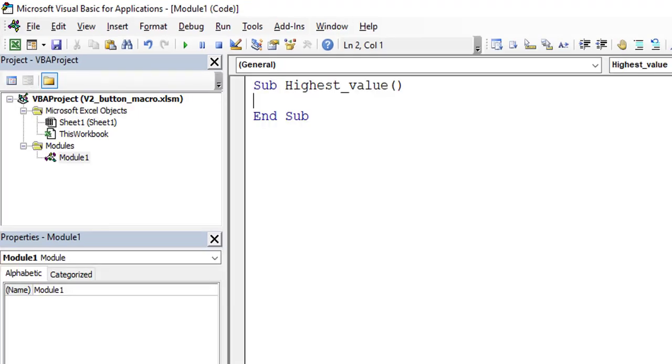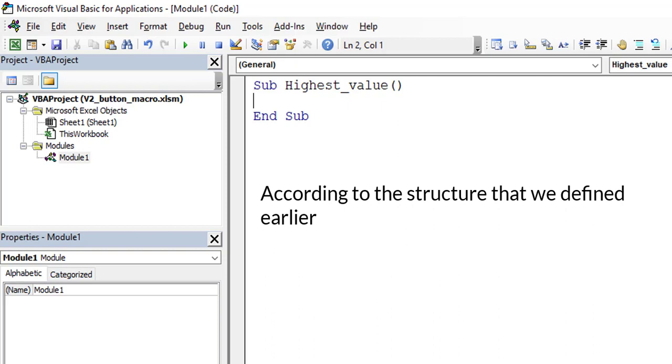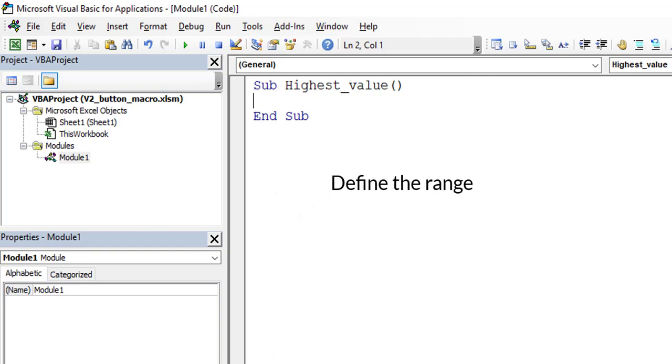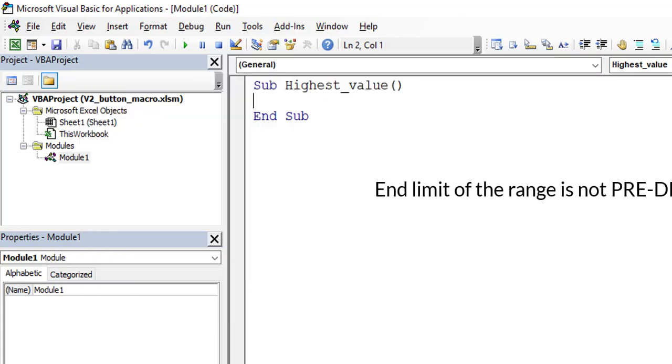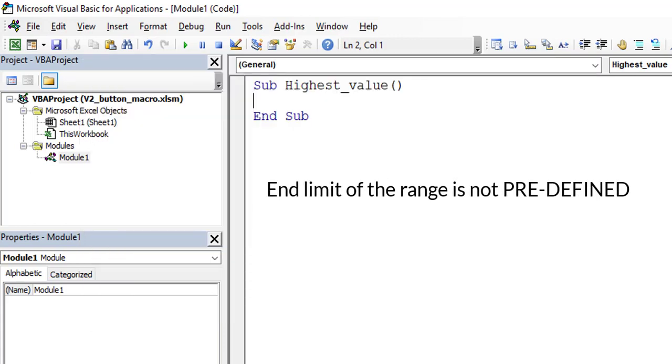This is where we are going to write the code to format the highest cell value. Let us write the code according to the structure that we defined earlier. First, define the range. You can either have a fixed range or a dynamic range. I am going to use a dynamic range where the end limit of the range is not predefined.